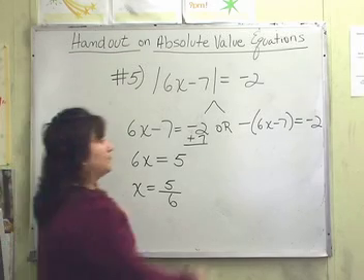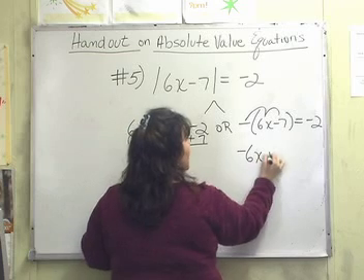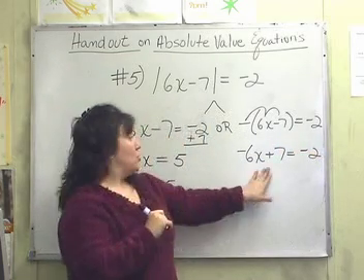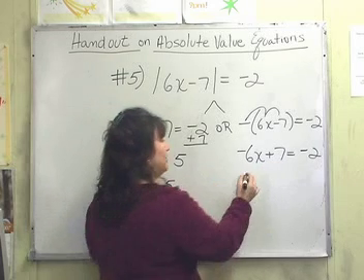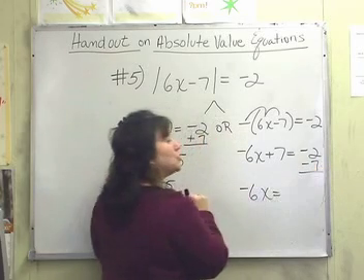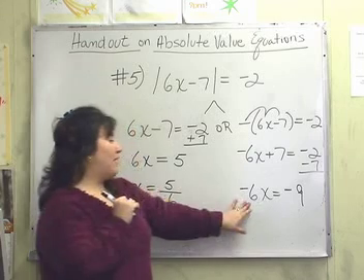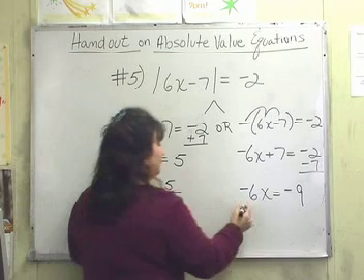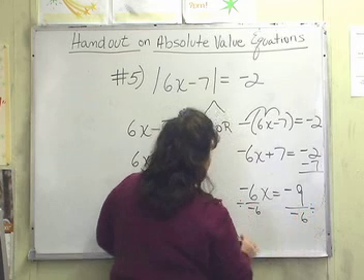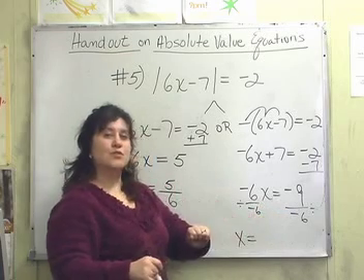Solve the second equation. First, we need to distribute the negative, so this becomes negative 6x plus 7 equals negative 2. Subtract 7 on both sides. So negative 6x will equal negative 2 minus 7 is negative 9. Divide both sides by negative 6. So x equals positive 9/6 reduces to